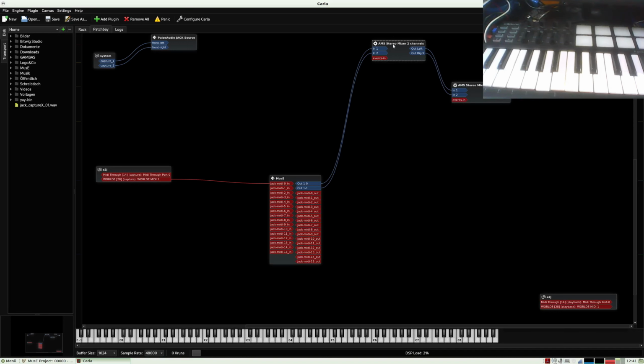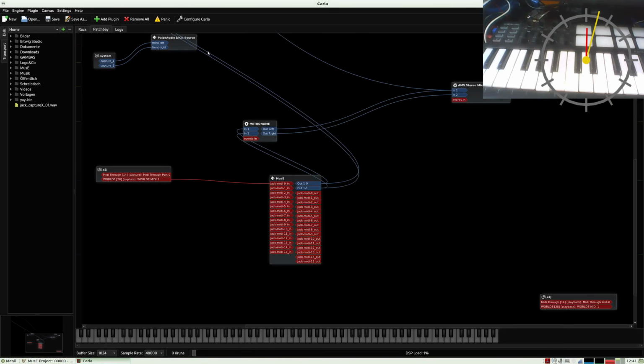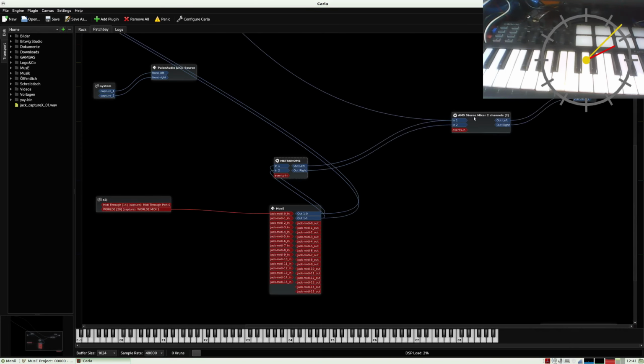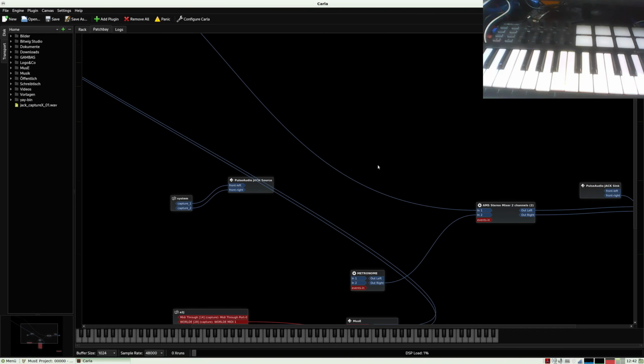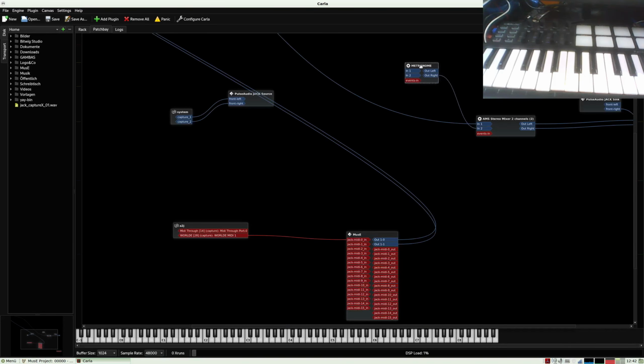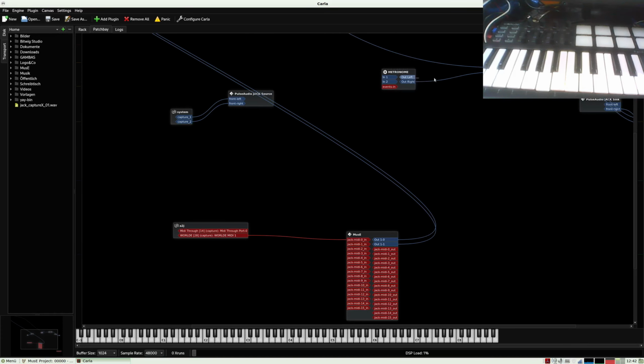I give these names, so you can type here rename, and this is metronome. It's a malfunction, I would say. So let's try to see if it works. I connect this here.